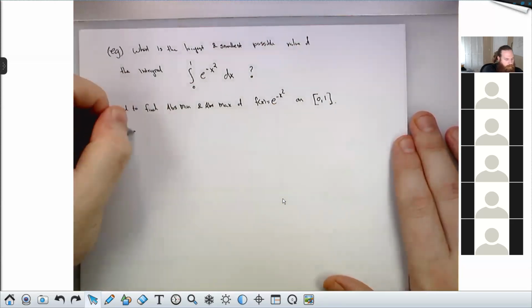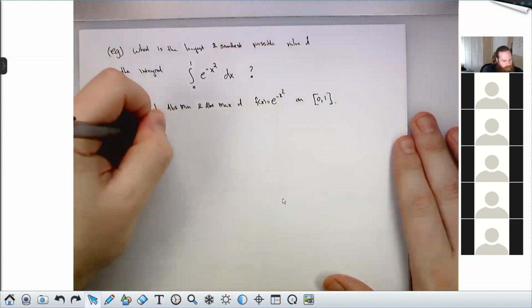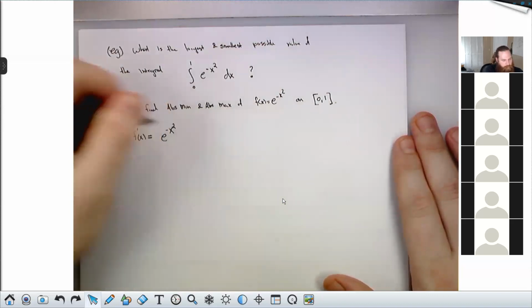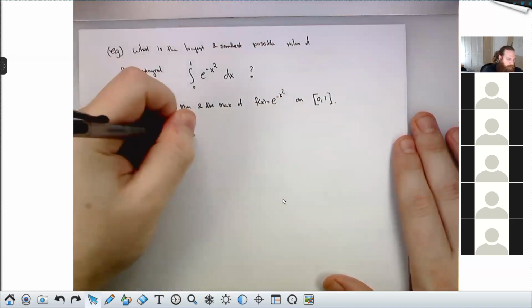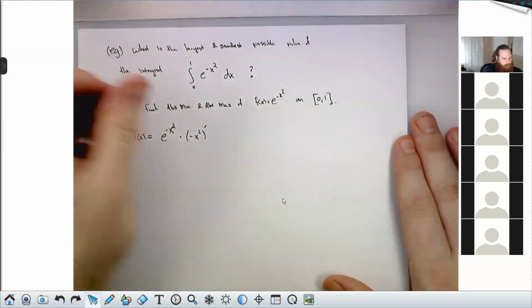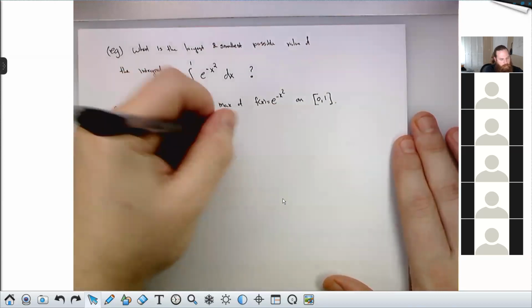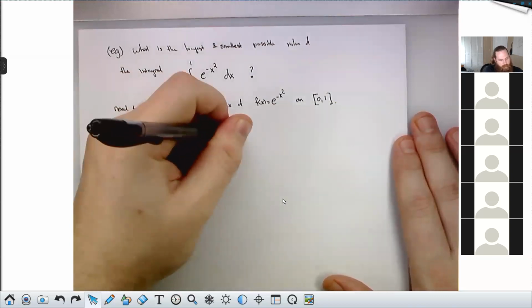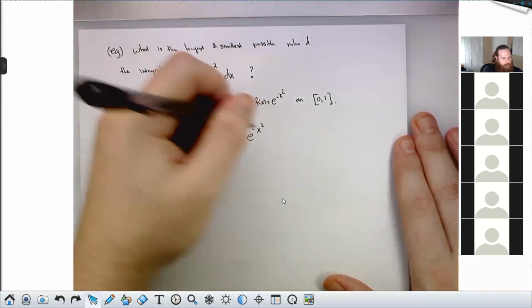To find those, we first take the derivative. The derivative of e to the negative x squared. Anytime you differentiate e to some stuff, you get e to that stuff back. But then you need to multiply by the derivative of the inside. The derivative of negative x squared is negative 2x. So this is negative 2x times e to the negative x squared,